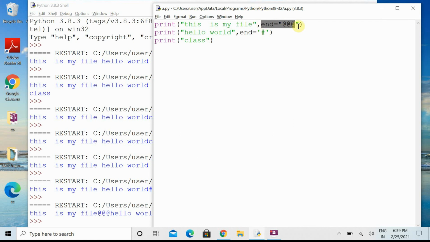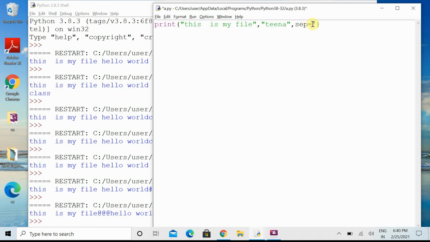Now let's see how we can use the separator, another parameter, which is sep. This separator parameter works only when we have specified two words in our sentence. Suppose this is one sentence, and after that I am adding one more thing, suppose I am writing the name Tina over here, then you can use this separator symbol.